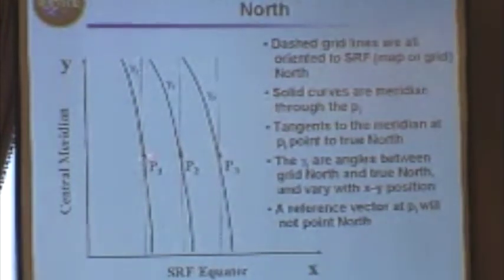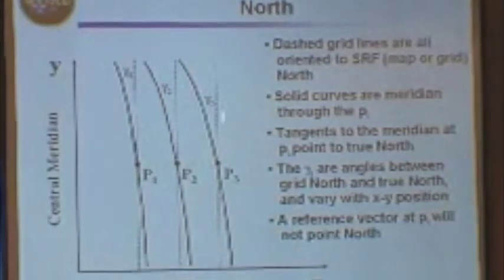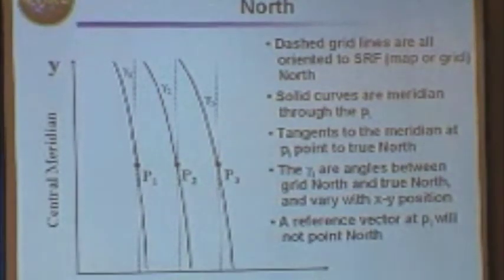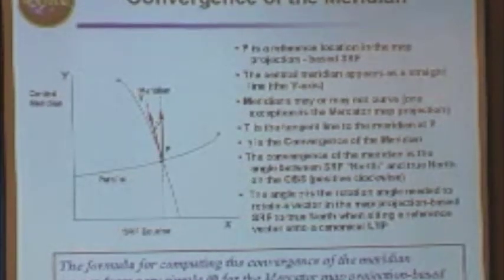And it changes by point. So as you're going from west to east, for example, the gammas may be changing. Move up and down, the gammas may be changing. So we need to compute that for all our coordinate systems. In the case of Mercator, it's very easy because all Mercator grid norths point true north. So that's an easy one. But for transverse Mercator, it becomes quite complicated.